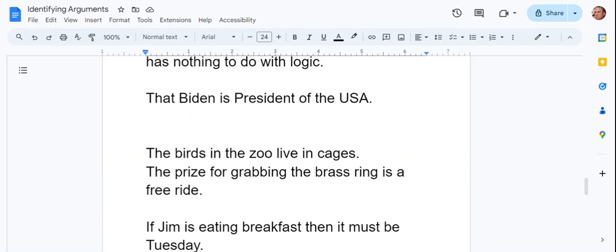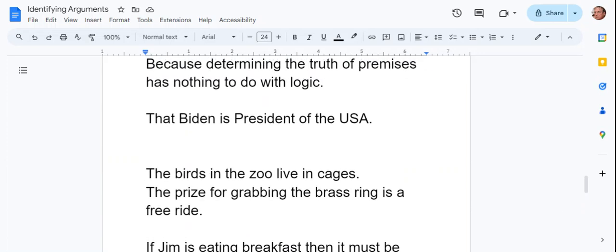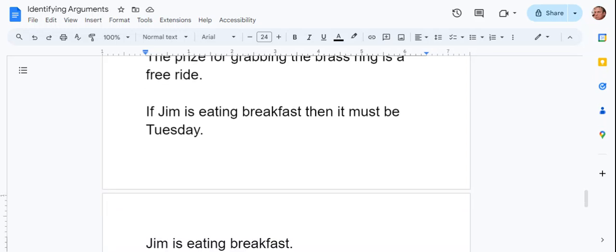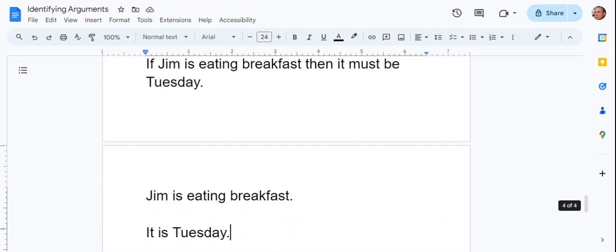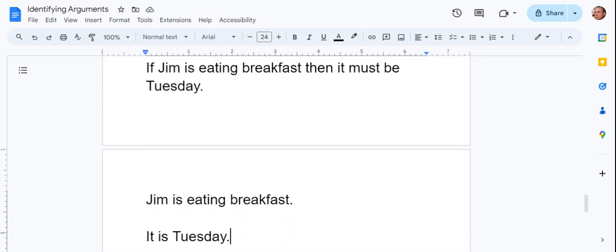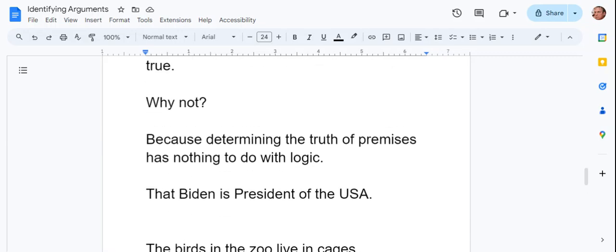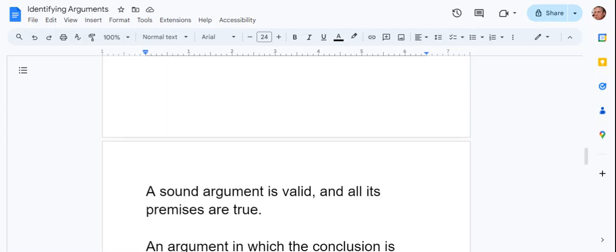There's no inference to be made. Birds in the zoo live in cages. The prize for grabbing the brass ring is a free ride. Therefore, nothing is implied. If Jim is eating breakfast, then it must be Tuesday. Jim is eating breakfast, so it's Tuesday. Something else happens there. That's really what logic, or part of what logic is. So I just want to say that this whole thing about soundness, and we're